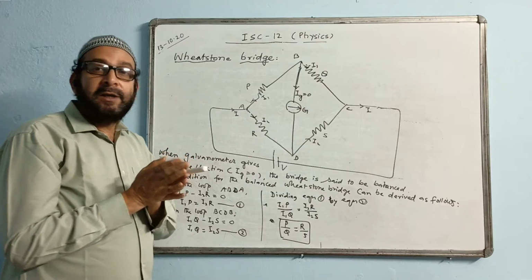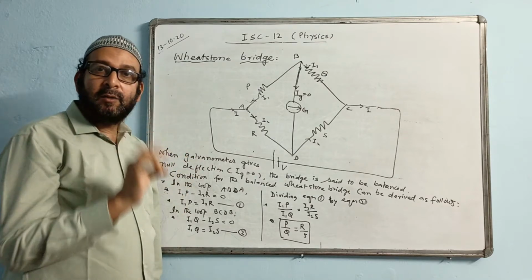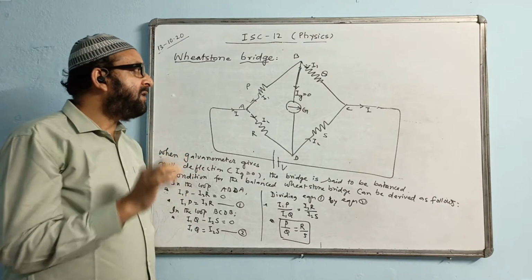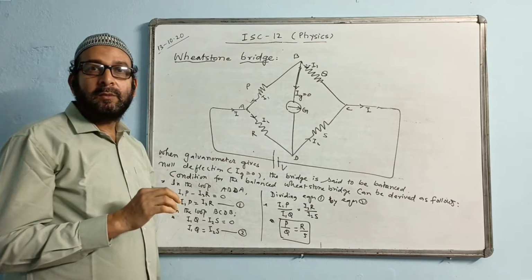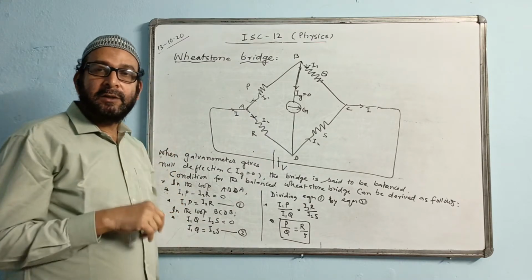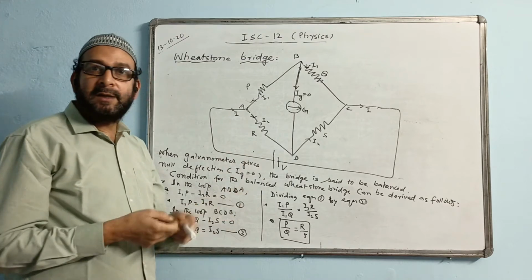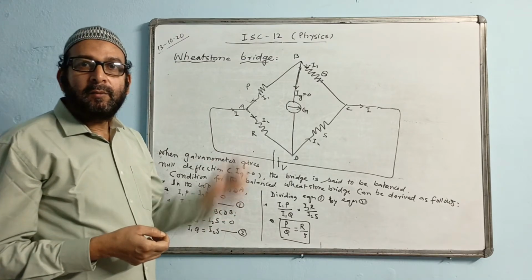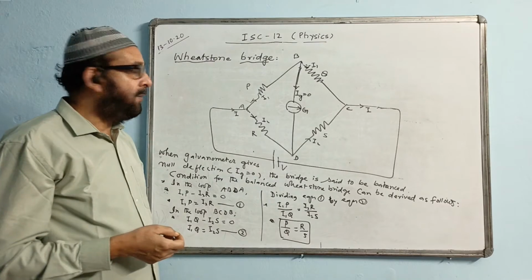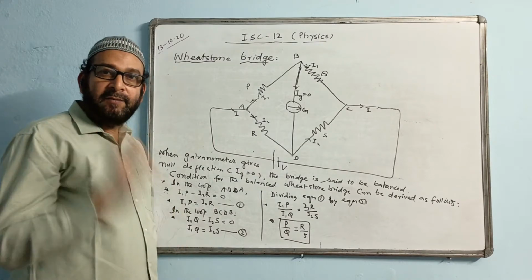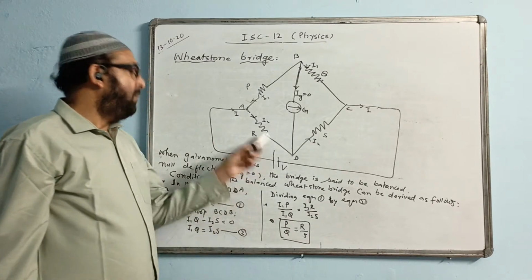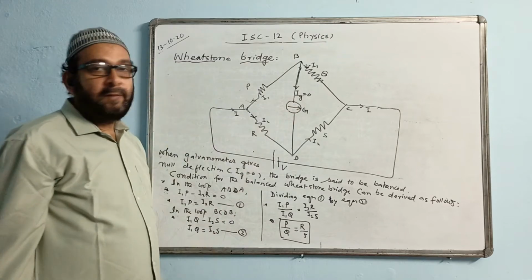Potential is the same, that's why the potential difference is 0. That is, voltage is 0. Potential difference is 0, that's why there is no current, because to get current, we must have voltage. There is no voltage, so there is no current. Potential is the same, so the voltage, meaning the potential difference, will be 0. So the Ig value is 0 here.